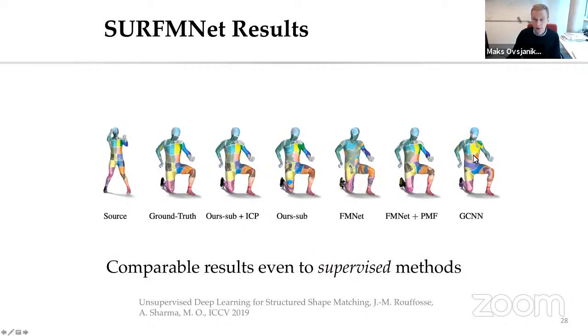I won't say that these are better results than supervised methods because it depends how you compare things and exactly how much data you have. But it's at least on par at the time. So this is now 2 years ago, and so it's a bit obsolete. There are much better results since then. But still, this was comparable to the supervised techniques at the time, which I thought was interesting.